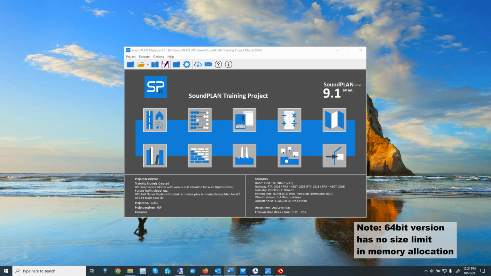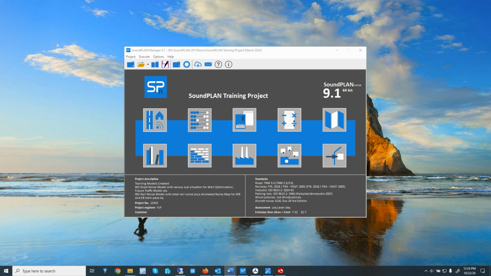In SoundPLANnoise version 9.1, there are several new developments and updated standards. Nord 2000 Road and Rail has some changes in terms of parameters and propagation model changes and a Lmax calculation. There's a new Norwegian Nord 2000 implementation, Son Road 18. A Swiss road model includes new input data to allow traffic inputs by time periods. Schall 3, a German rail noise model, has new data interfaces to a traffic information database based on German vehicle categories.